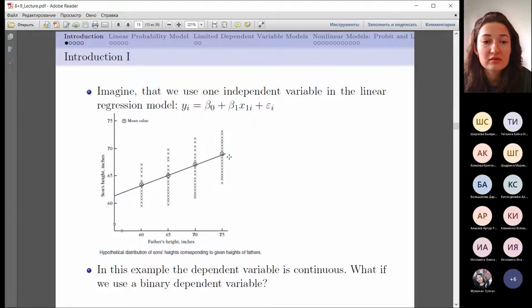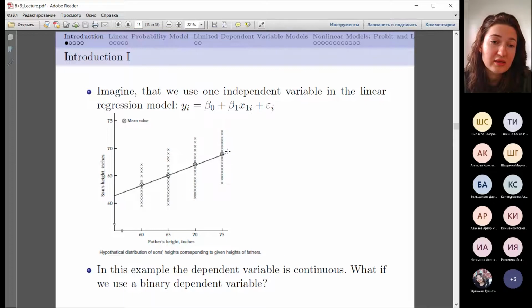So this is a linear sample regression line, yeah? It's very easy because our continuous variable, our dependent variable here, is continuous. But